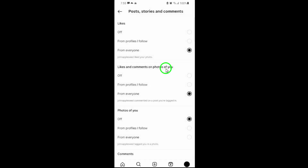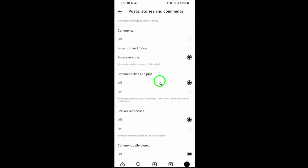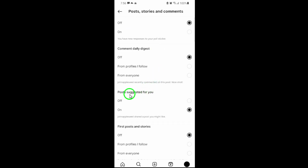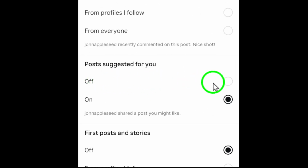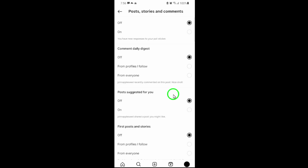Scroll down until you see the option labeled Posts Suggested for You. This is the setting that controls notifications about suggested posts that Instagram thinks you might like. To turn off these notifications, simply select Off. That's it. You've now disabled notifications for suggested posts, and you should no longer receive alerts about them popping up